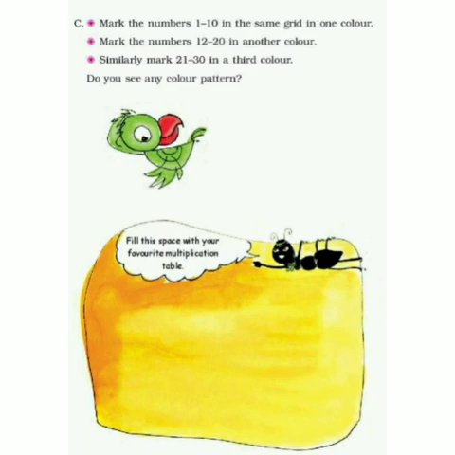Then mark the numbers 1 to 10 in the same grid in one color. So he is asking you to color the numbers. 1 to 10 you can color with the same color, and 12 to 20 you can color. Then 21 to 30 you can use some other color. Okay, and if you see any pattern, you have to mention it there, and then fill this space with your favorite multiplication table. So your multiplication table you can fill